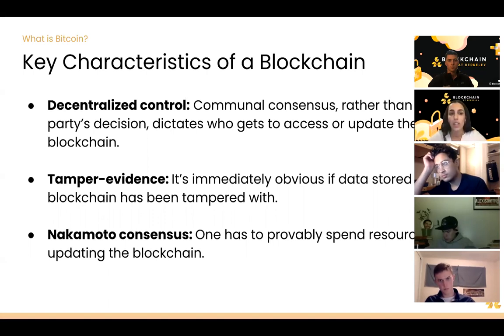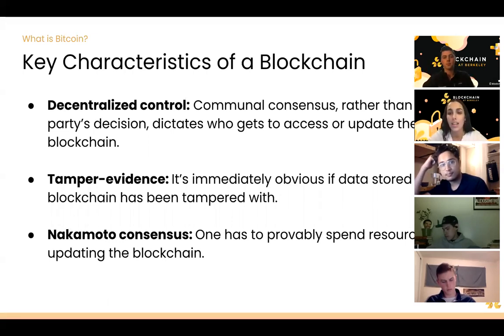And I want to make a note here that this is not tamper proof. This does not mean that if someone acts maliciously on the blockchain, the system is just going to immediately eradicate that mistake. That's not how blockchains work, but it will become evident. So people will be able to see that it's been messed with, and they'll be able to act in such a way to sidestep that mistake.